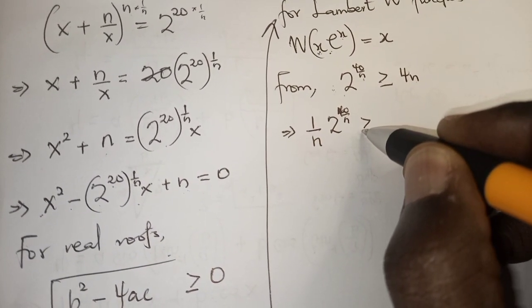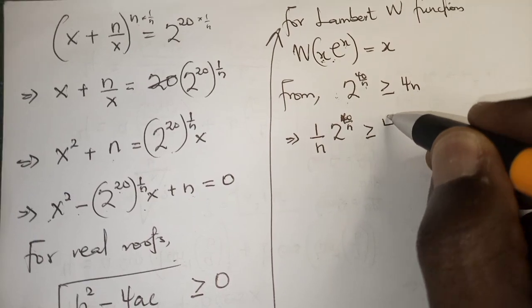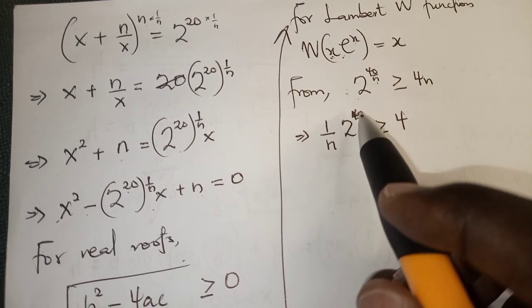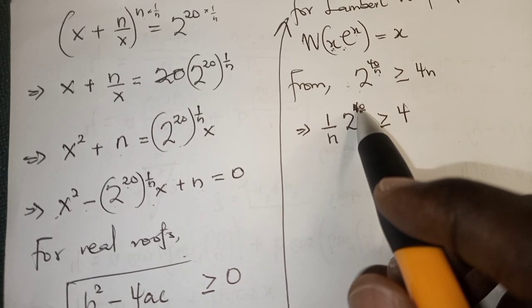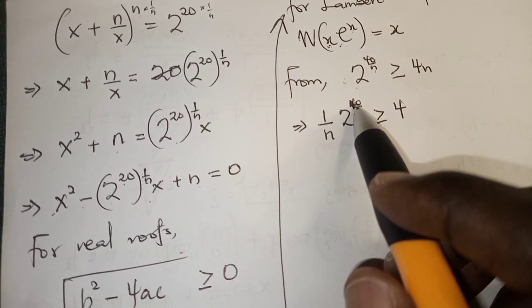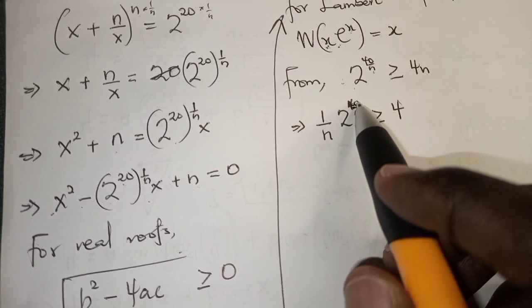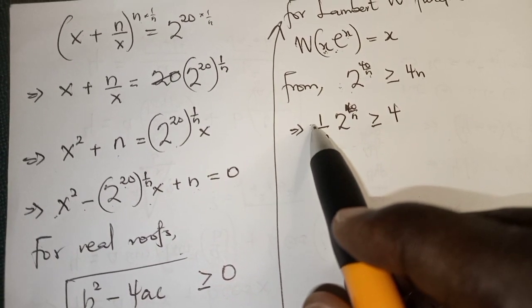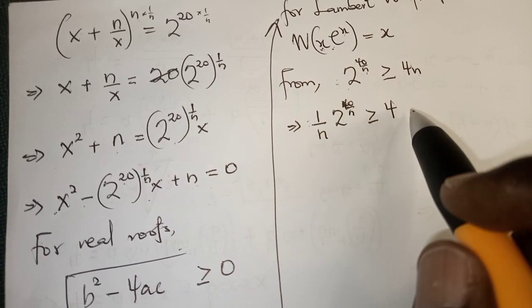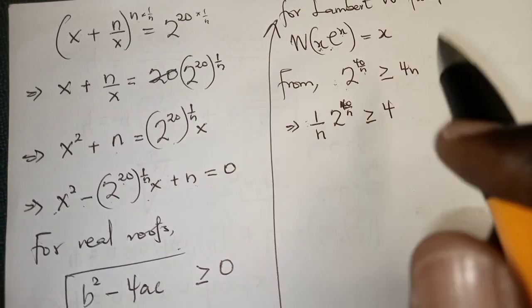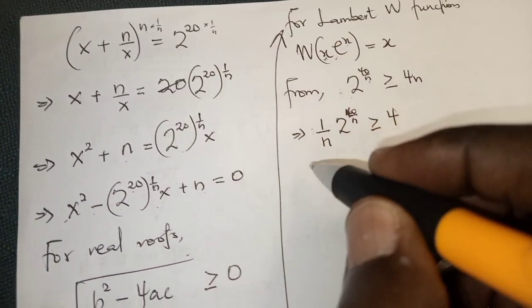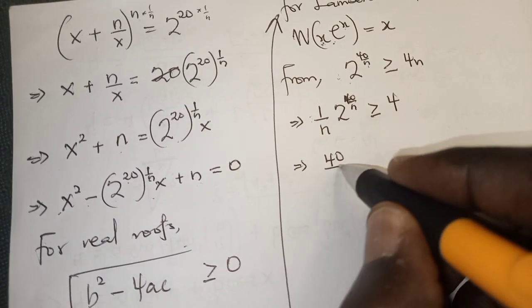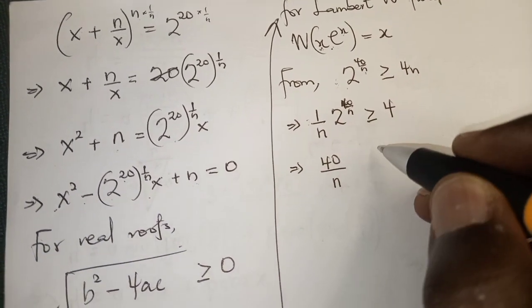greater than or equal to 4. Good. Now see that here there is 40, okay, there is 40 here, but it's not 40 here, so we can multiply through by 40. When we multiply here by 40, we do the same thing to the right hand side, so we are doing some manipulation. So this implies that 40 times 1 on n will be 40 on n, so we have 2,